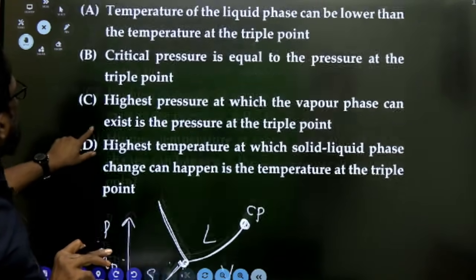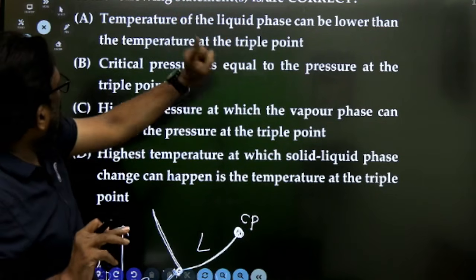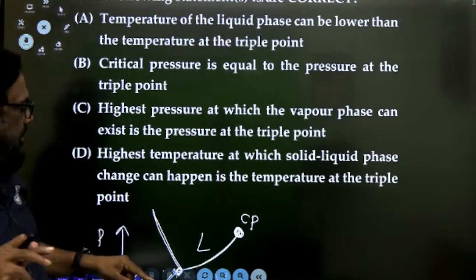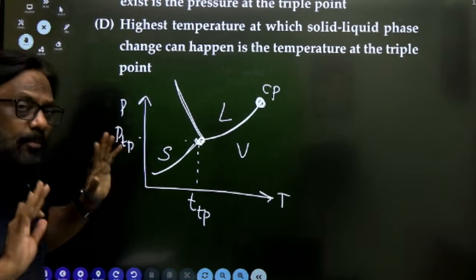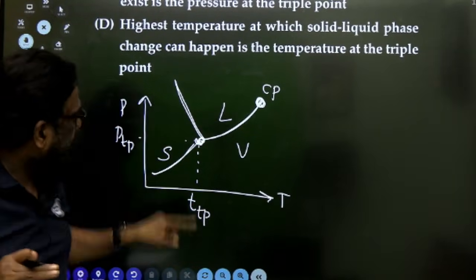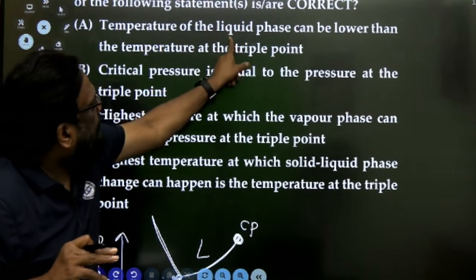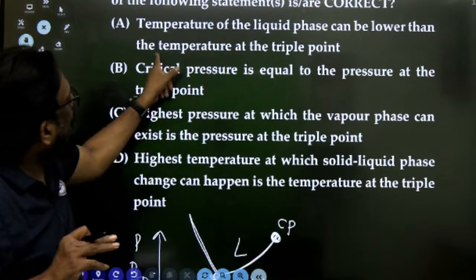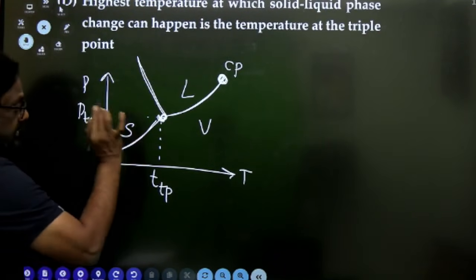देखो ऑप्शन ए, the temperature of the liquid phase can be lower than the temperature of triple point. वो बोल रहा है लिक्विड फेस का टेम्परेचर ट्रिपल पॉइंट से कम हो सकता है. एक बार देखो ऑप्शन ए, the temperature of the liquid phase can be lower than the temperature of triple point. देखो ध्यान से सुनो,